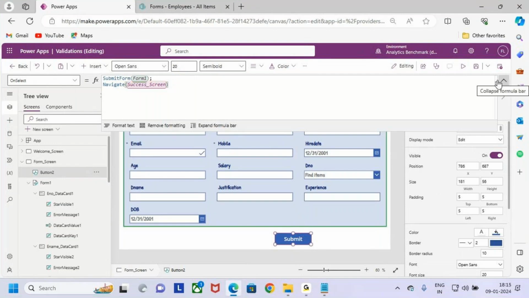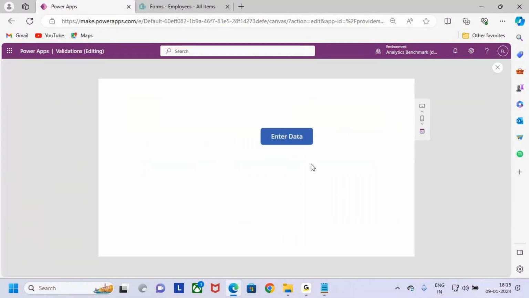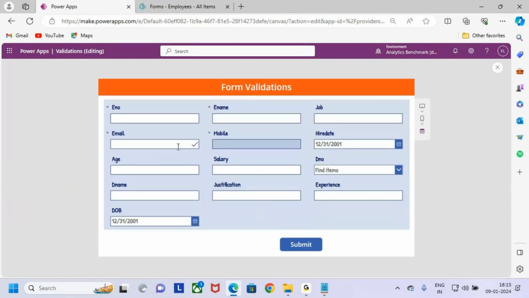Now let me check, guys, whether this operation is working properly or not. Now save it, go to the welcome screen, go to the first screen. Let me check the app is working properly or not. Now see, go and click on enter data. Now I'm opening the form. Now let me enter some data here, guys. Let's say I'm entering the data as